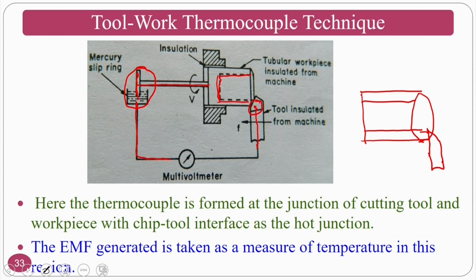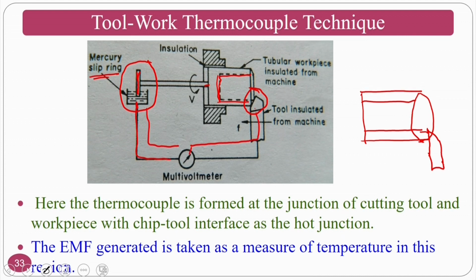Basically the headstock will have a hollow structure where I can put a rod which is connecting to the workpiece, and I am connecting this rod with a disc. This is a disc which is dipped in mercury. You can see here, this is the mercury. This is called my hot junction, this is called my cold junction, which is connected